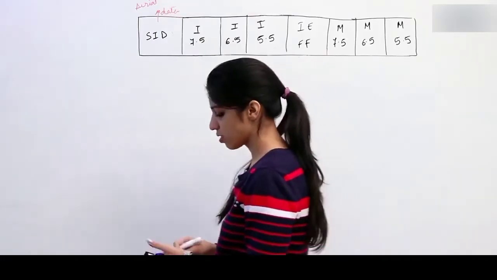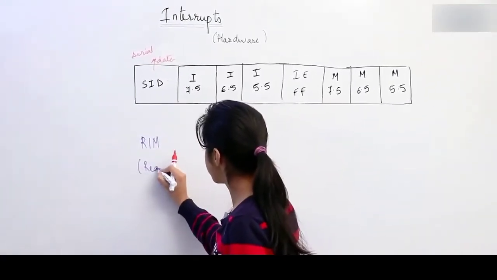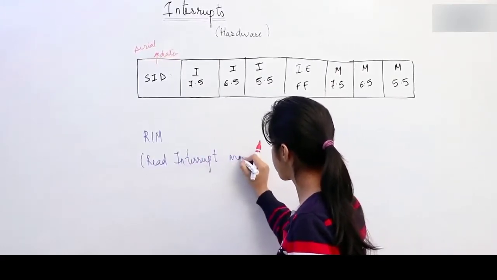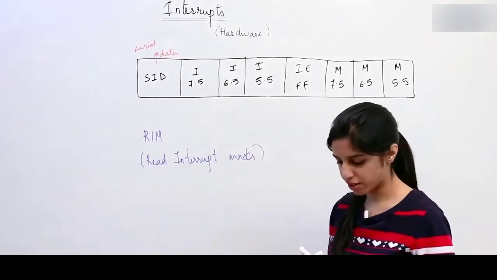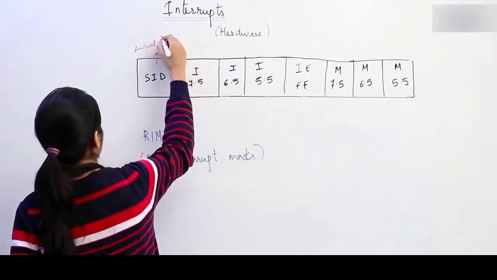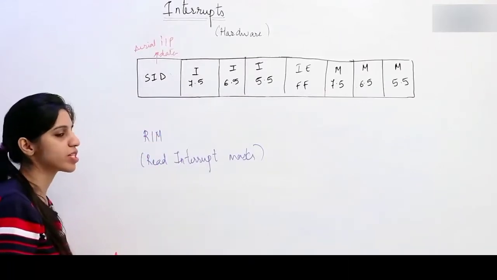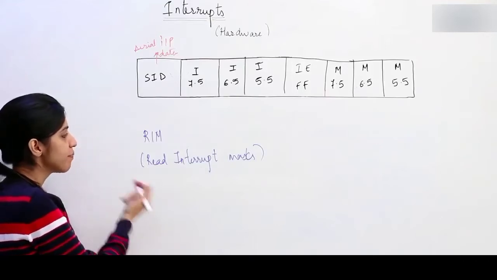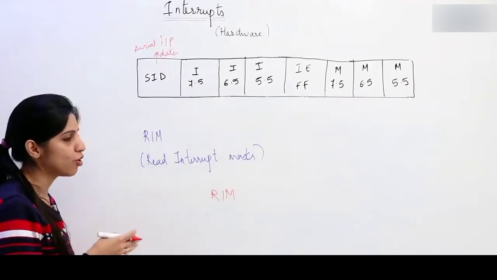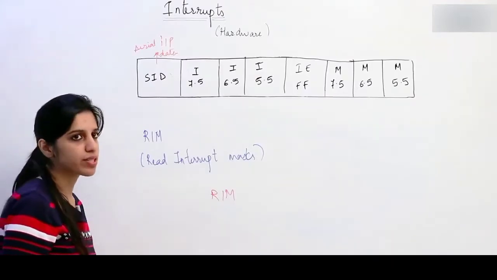Okay, so there is another instruction known as RIM. What does RIM do? It reads interrupt mask. Previously we have learned the instruction SIM which sets interrupt mask. This reads interrupt mask. The default register here also is going to be the accumulator. It's going to read the status from the accumulator only. So whenever you give this instruction RIM, the value of the accumulator will be displayed. It will tell you what is stored in the accumulator. Accordingly, you can just interpret.